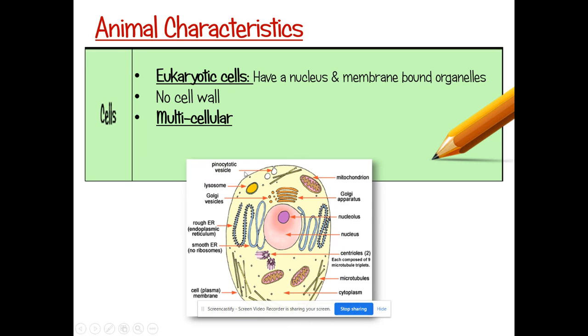So they don't have a cell wall like plants do. They just have this cell membrane on the outside. You don't need to draw this cell. We're going to learn more about the organelles later on, but we wanted to introduce you to them so you're familiar with some stuff. The cell membrane controls what comes in and out, similar to the cell wall, but it's not going to give it that structure. So animal cells are more flexible.